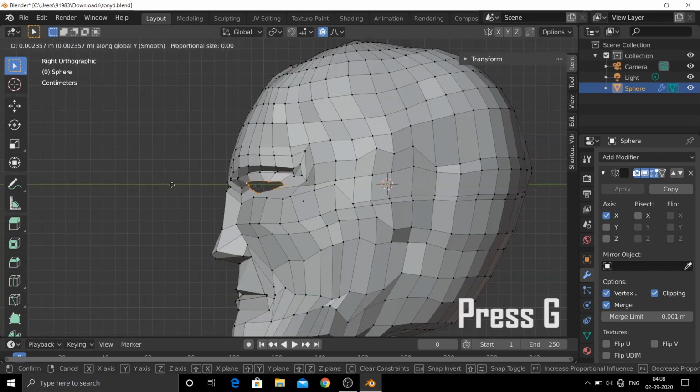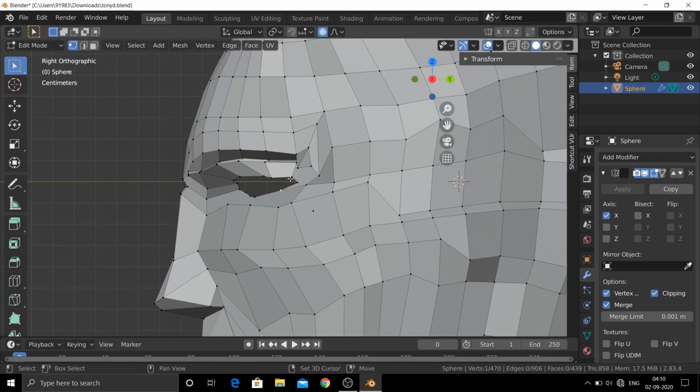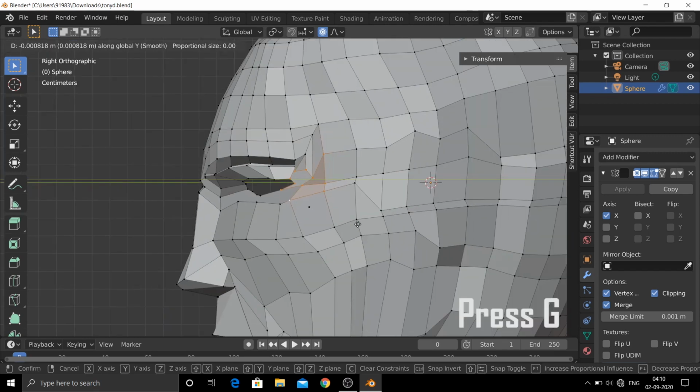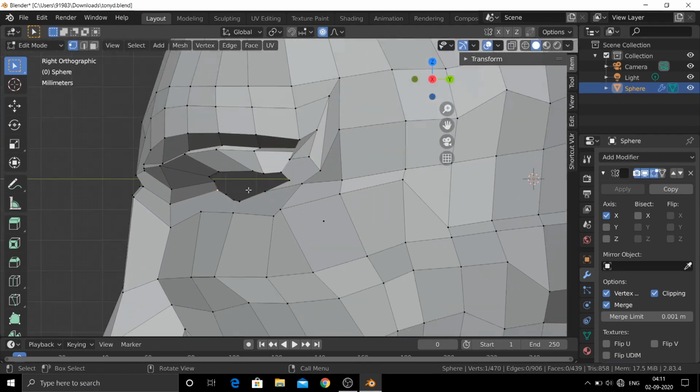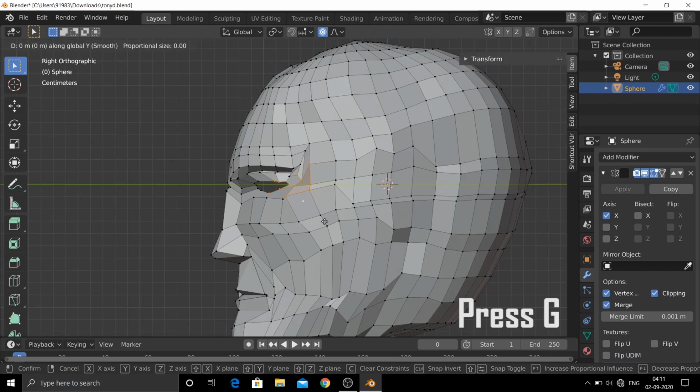Let's bring it slightly back. I'll adjust the front and right orthographic view. Okay, let's select half the eyelid and this side of it too and bring it inside.